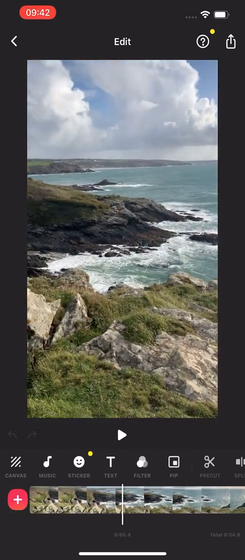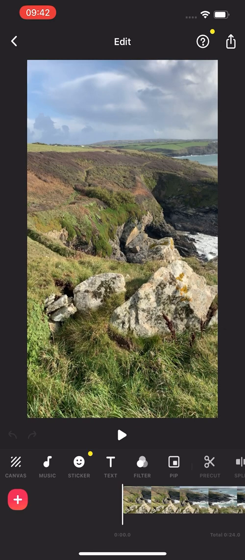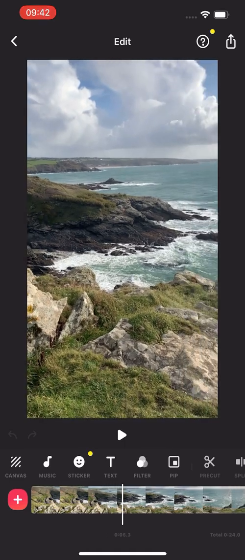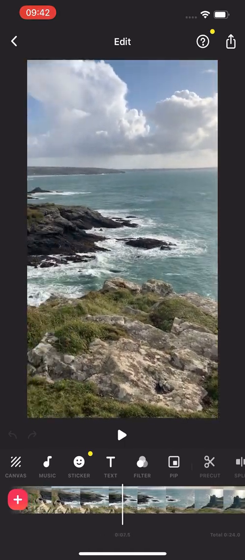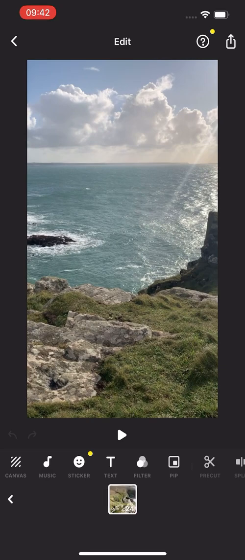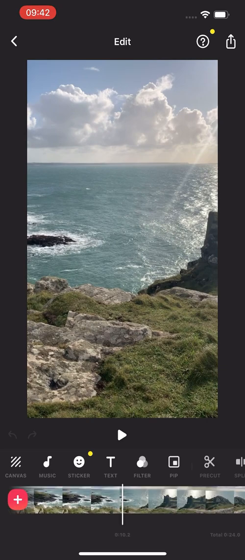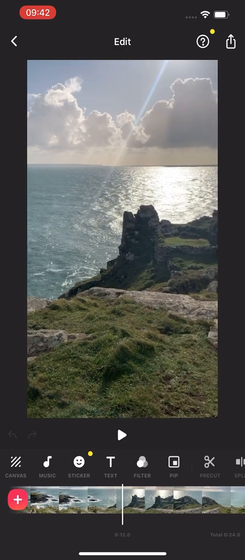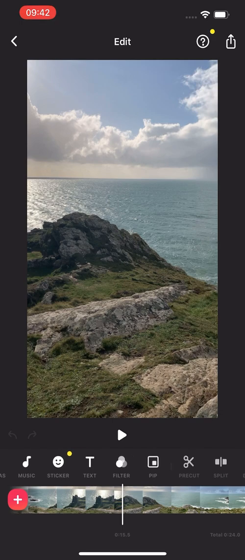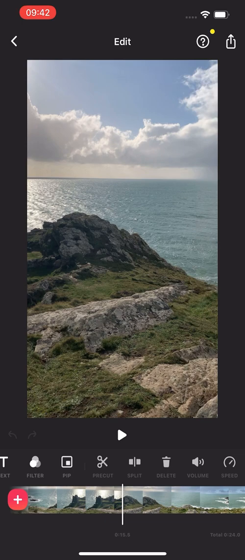Or you can click on that line and just sort of scroll left and right with your finger, and you'll see that you can move it backwards and forwards quite intuitively. Just practice doing that for a little while. If that little square appears, just click on it again and you'll get the wide scrolling bar here. Takes a little bit of getting used to, but